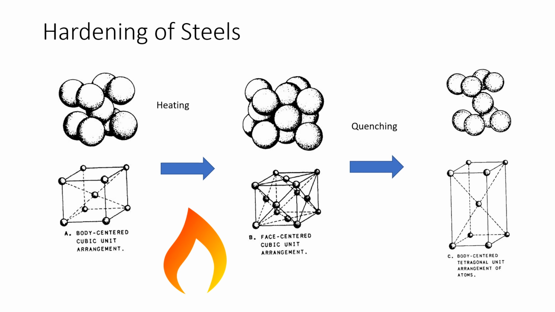We take it from this face-centered cubic crystalline structure and we cool it. And there's not enough time for all the carbon that's been dissolved into the face-centered cubic to find a happy resting place in a body-centered cubic material or situation. So it ends up kind of skewed and in body-centered tetragonal, also known as martensite. So this is the basic system. Well, knowing that,